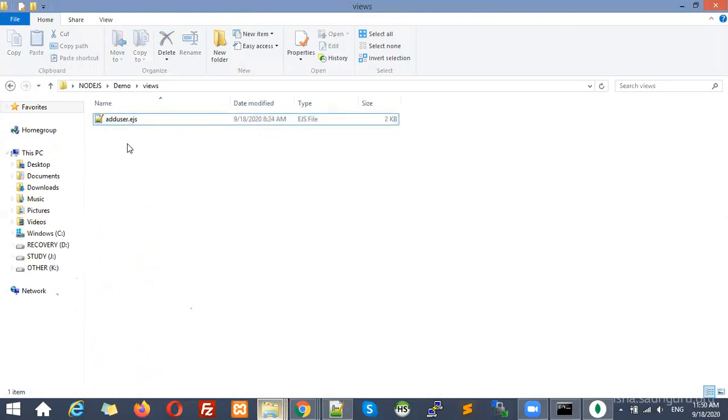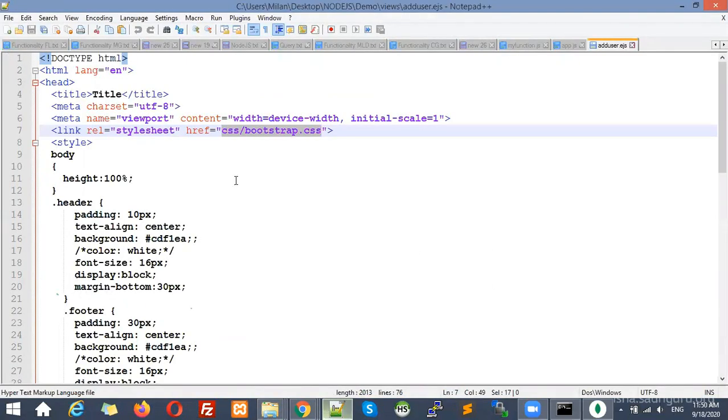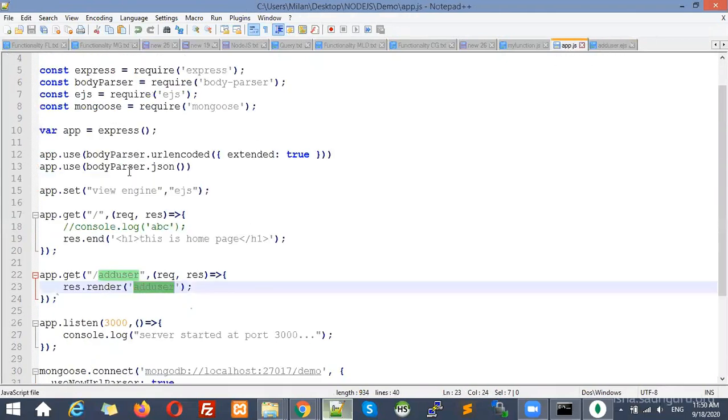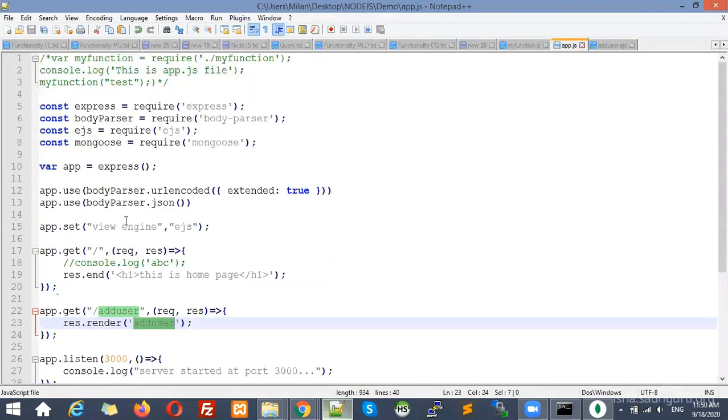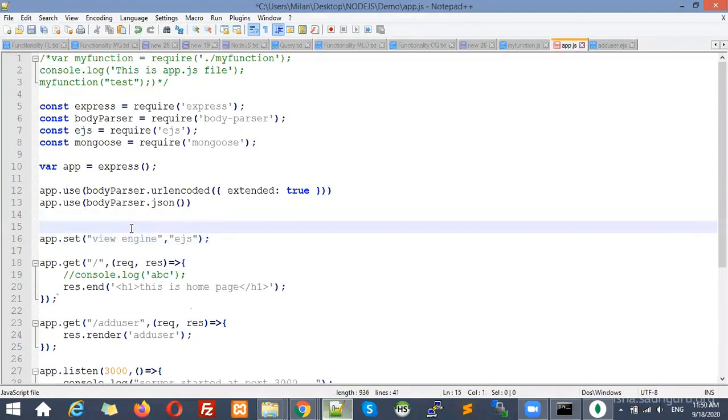So what you need, you also need to take the CSS. But where to put that CSS? You cannot put CSS inside views. If you put it over here, then also it is not going to use it. So what you need to do here is mention which directory we are going to use for the static resources, that means CSS, fonts, images.